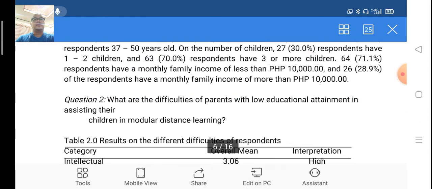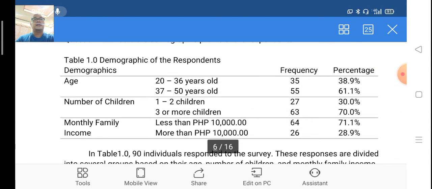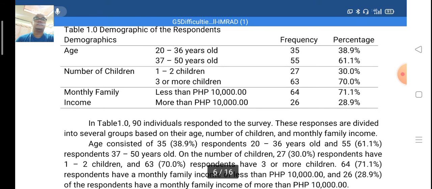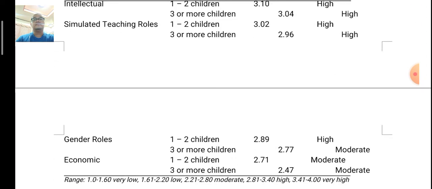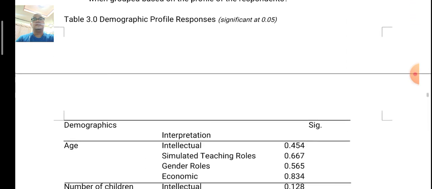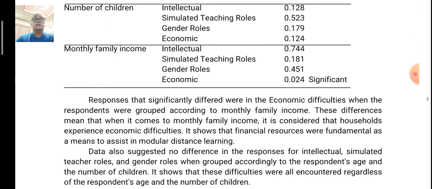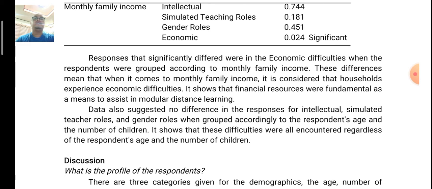O balikan natin yung economic income. O yan, monthly income is less than 10,000, and more than 10,000. So ito yung dalawang groups, no? Merong 64 and 26 respondents. So balik tayo sa significant difference. Okay, so isa lang yung kanilang significant difference under monthly family income na demographic profile and economic category. Responses that were significantly different were in the economic difficulties when the respondents were grouped according to monthly income. So yun lang. The rest you can say naman na there are no significant differences on the other categories and